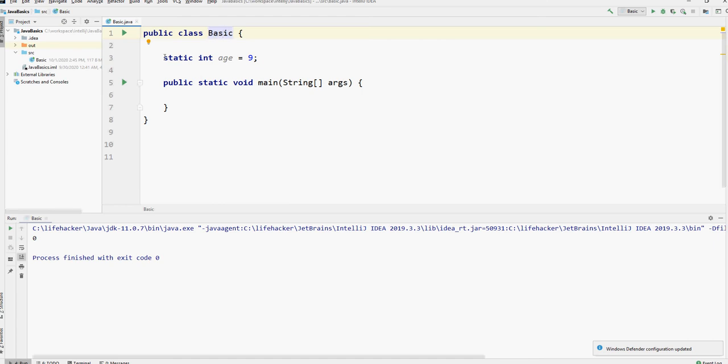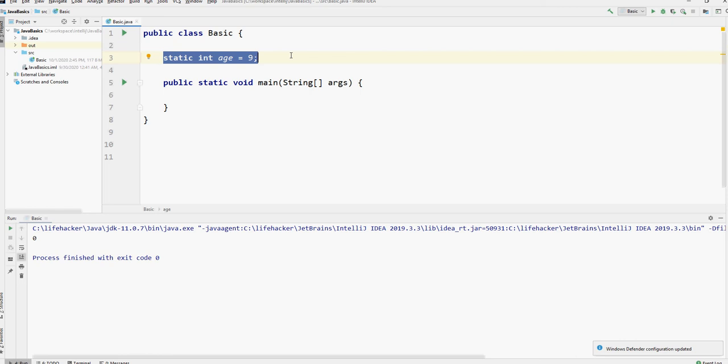But for now, just know that this age variable will always exist in memory as long as the program is still running. When the program ends, only then will it cease to exist. So the lifespan of a static variable is equivalent to the lifespan of a program.